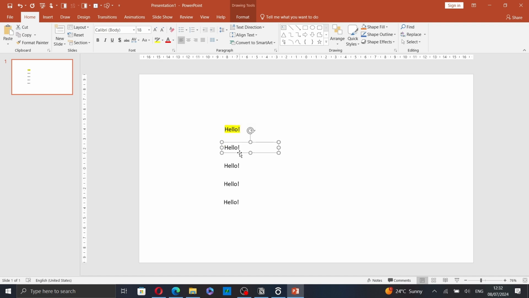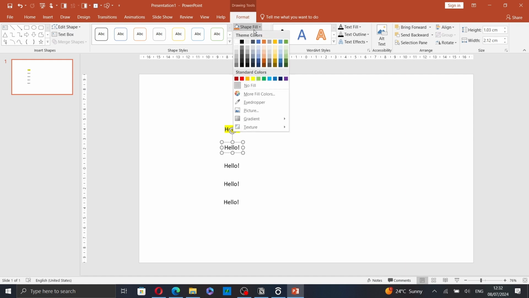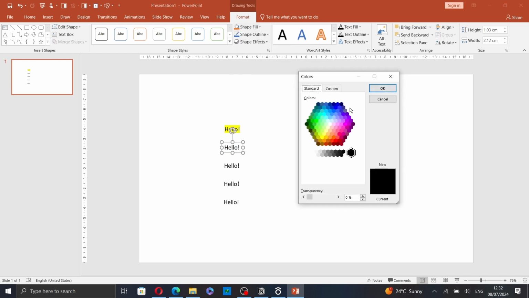Click on the text box and resize it. And now go to Format, and here you can click on Shape Fill. And you can select any color you like. You can click on More Fill Colors to select a color if it's not already in the